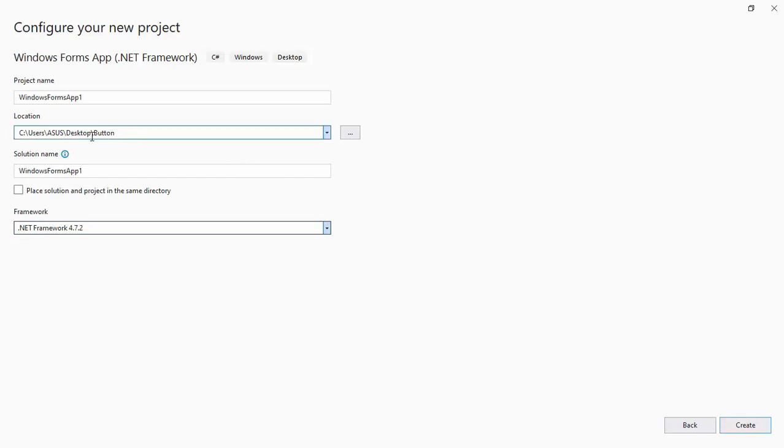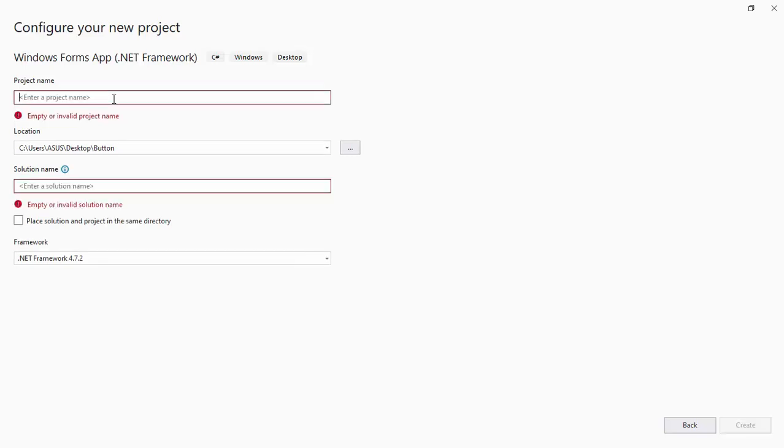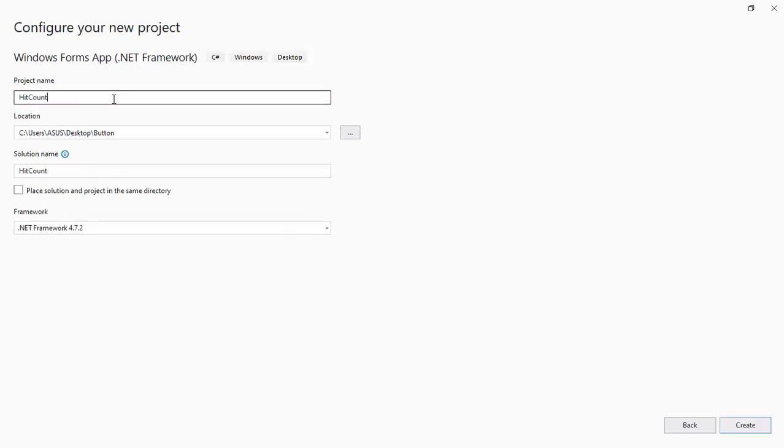I'm saving it on the desktop again under a folder called button. Now I want to name it head count. I would like to use a name for any of my programs that gives the impression of what the program is doing, rather than saying this is tutorial 1, try, button try, or things like that, the ones that students like to use.